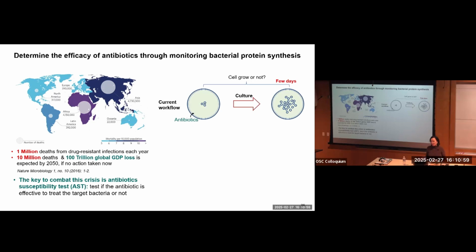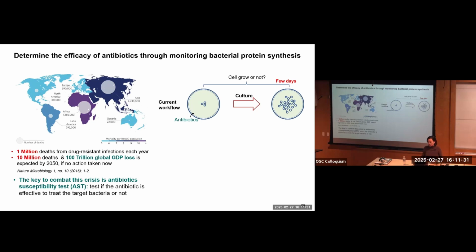The conventional way, or the current workflow, to do AST is culture-based. Here's our bacteria sample. We add in antibiotics and we culture it for a few days. We allow them to replicate. If the antibiotic is not working, which means it does not kill the bacteria, the sample will keep growing and form colonies. And if the antibiotic is working, we will see that colonies do not form. It works, but it's not that efficient,